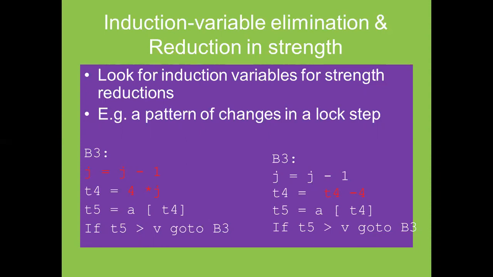Here you are using j is equal to j minus 1 and 4 star j, but instead of 4 star j, which is called the induction variable, you can replace it by this and you will get the same number of iterations, value or pattern. So in this manner, you can also reduce the strength or eliminate the induction variable. For such conditions, we will solve one or two problems so that you can understand it clearly.